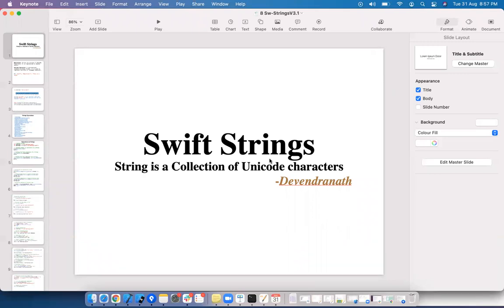The difference between ASCII character and Unicode character is, in ASCII characters you can only store 256 values, that is 0 to 9, small a to small z, capital A to capital Z, and some symbols which are available in the keyboard. Whereas by using Unicode characters, you can store any kind of language characters. You can store Hindi characters, Korean, French, whatever language you are having in the world. You can store all the languages in this instance.